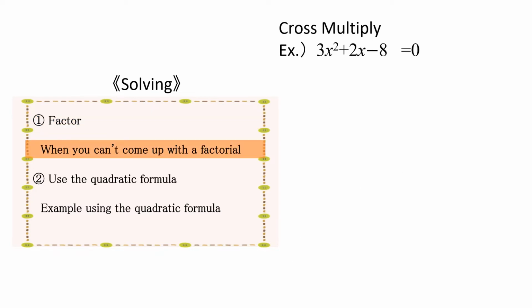When you can't come up with the factorization, cross-multiply. Here's a review of cross-multiplying. First, write the numbers in the following order: coefficient of the second degree, coefficient of the 0th degree, or in other words the constant, and coefficient of the first degree. Next, we multiply such that the coefficient of the second degree term and the coefficient of the constant